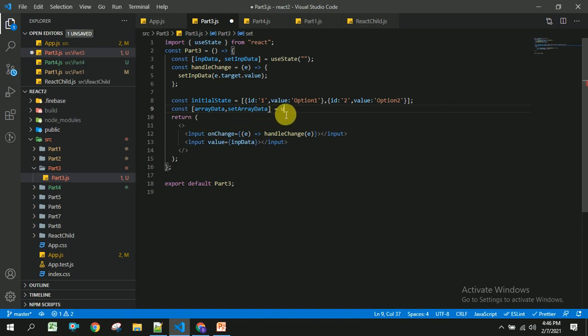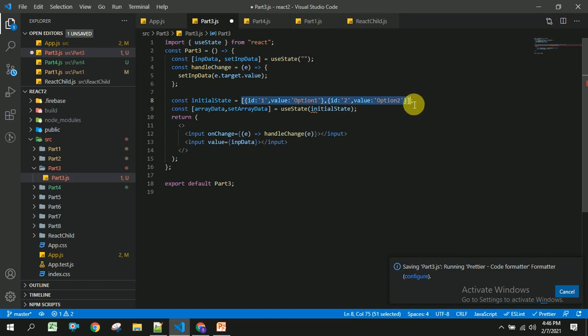I am going to use useState in order to store the data, and I am going to assign this with the initial state. So whenever user refreshes the page or comes to our application for the first time, this array data will be initialized with this array. Let us save this,